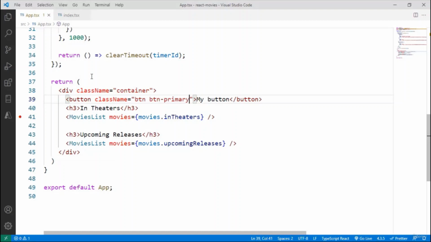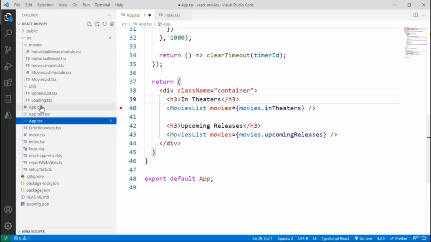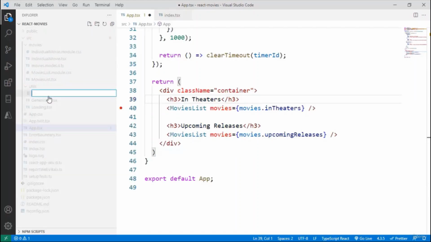Now I want to show you something. We have this button that has Bootstrap styling, right? But if we're going to use Bootstrap throughout our whole application, shouldn't we have our buttons as a component so that we can have this centralized? Well, the answer is yes, that will be a good idea. So let's do that. Let me cut this from here and let me create a new component in utils, new file,